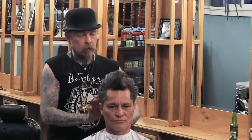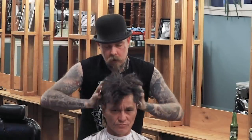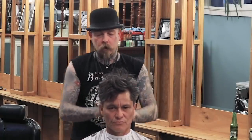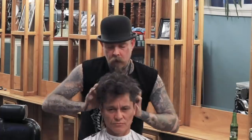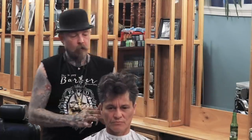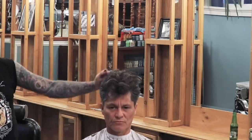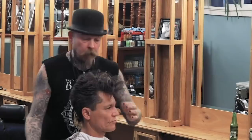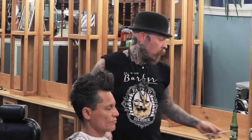So, when I blended this all in, see, it's the shape of the cut that's doing all the work. No matter how I rough it up, see, the hair falls in shape, almost like a tailored jacket, yeah? With that base of your classic pompadour. What I'm going to do with the front is,